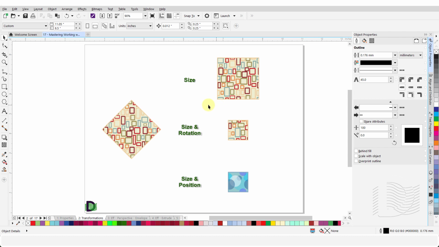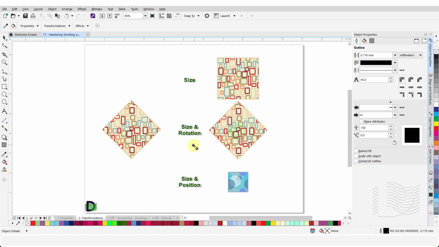Next, from the drop-down menu under Transformations, I will add a check mark against Rotation, leaving everything else unchanged. Click OK. Left-click once on the source object to copy these two attributes, and then left-click on the target object to apply the same.